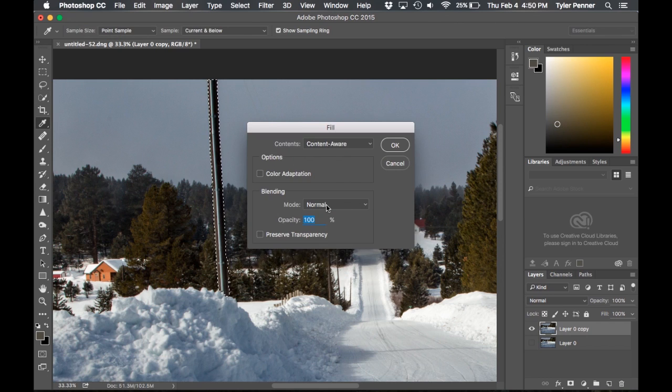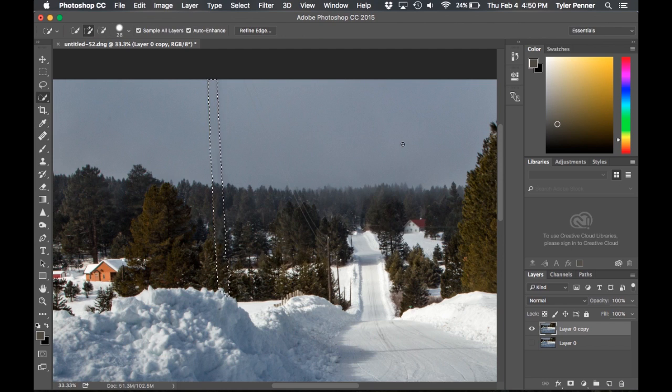That's going to bring up a little dialog box here, and you should be able to leave pretty much everything alone, except just make sure that under your contents drop down, you have Content Aware. And if you push OK, Photoshop does a fabulous job of reading the image around it, and then it will make the best of your selection and copy that in. So you can see that it left a little bit behind of that